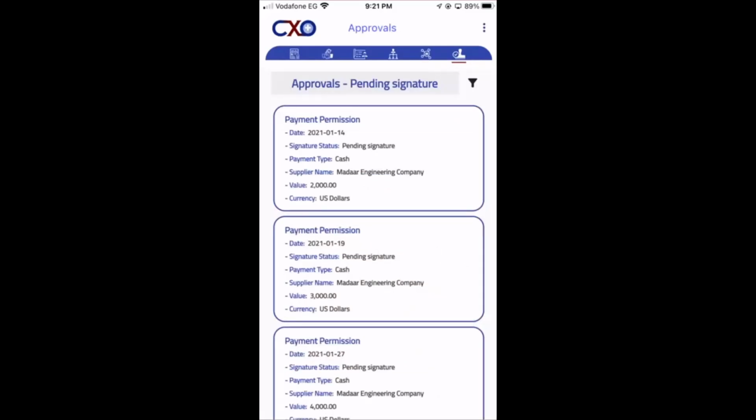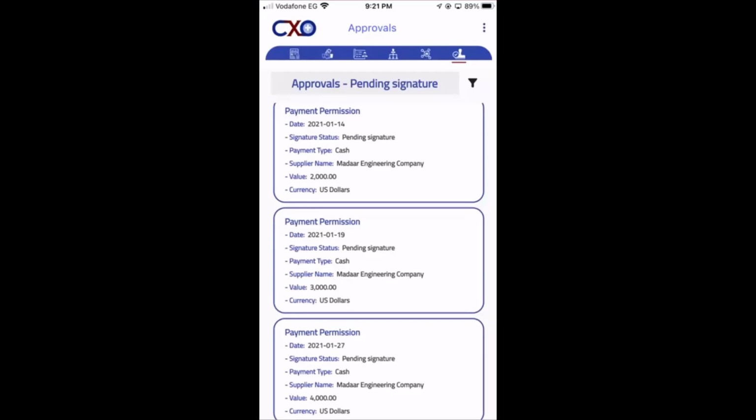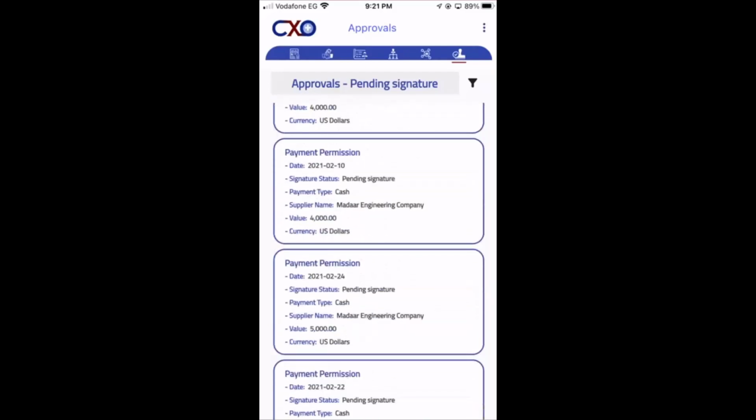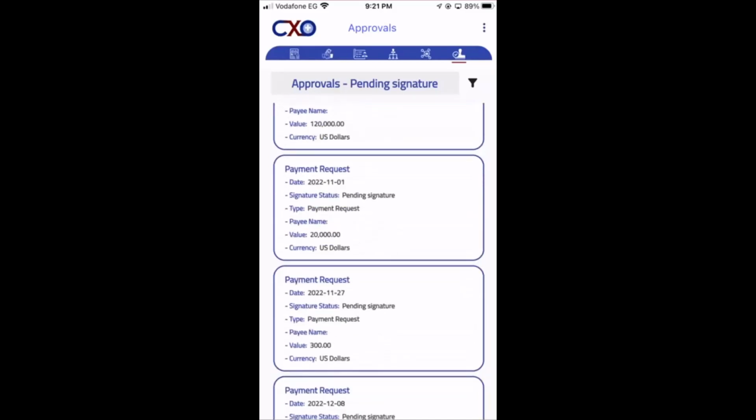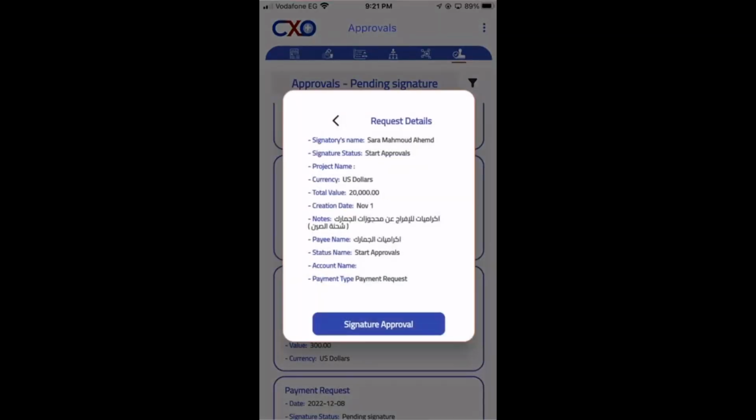Finally, we have a set of approvals like the payroll, like something related to the payment permissions. Everything can be done directly from your own mobile phone, and you can check it directly from here. All you need is just to click on the payment request or something related to we need to withdraw some cash for the